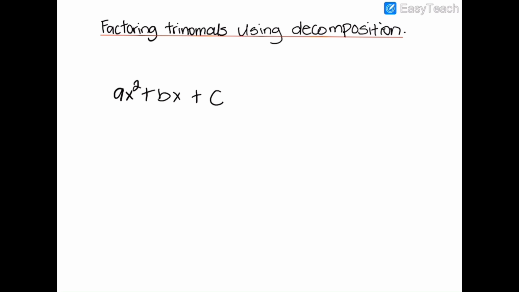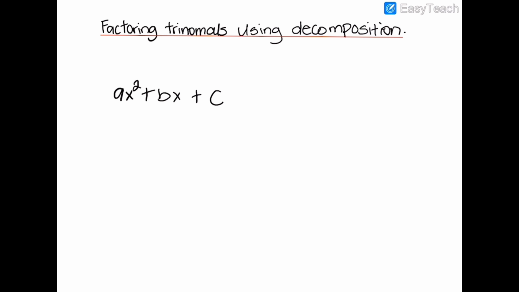In this video, we will be factoring trinomials using the decomposition method. I personally love this method, so let's get started. So let's say you have a trinomial in the order ax squared plus bx plus c, like that, where a